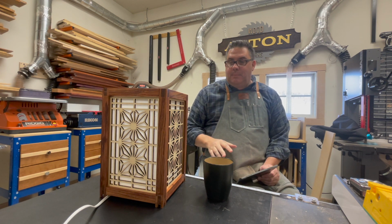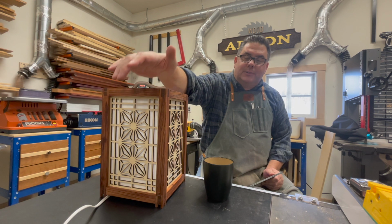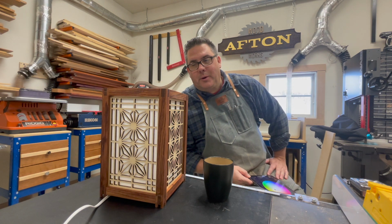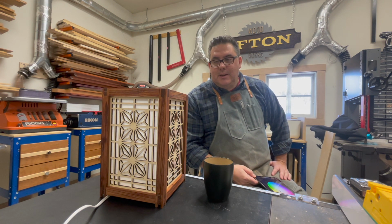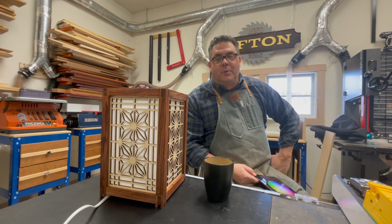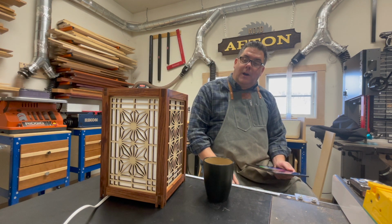Couple pieces of feedback. I did a video on these lattice patterns, these panels. They are tedious to do on the Shaper Hub, so be aware of that. This is a very long time to do that. I actually did not like the outcome, and I moved over to the Glowforge and knocked out the panels really quickly. But the actual cross members were very interesting to do on the Shaper Origin, because it was the first